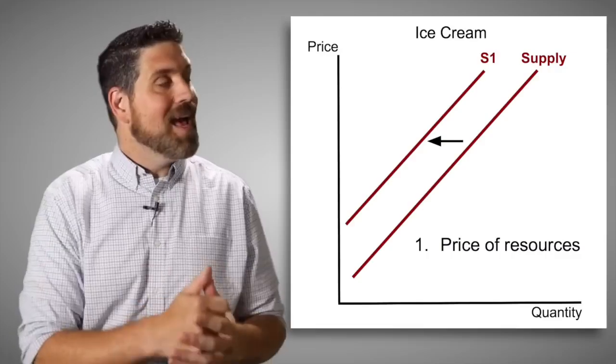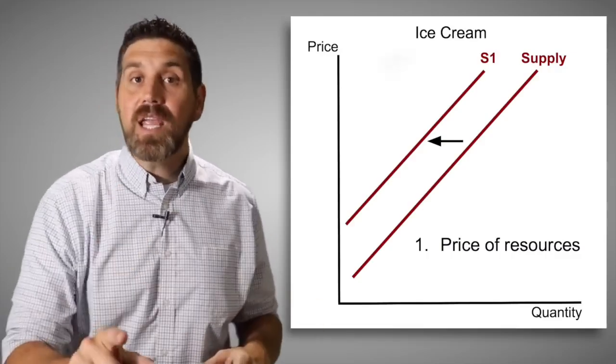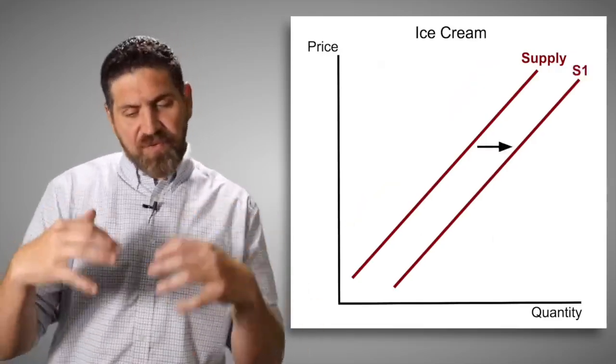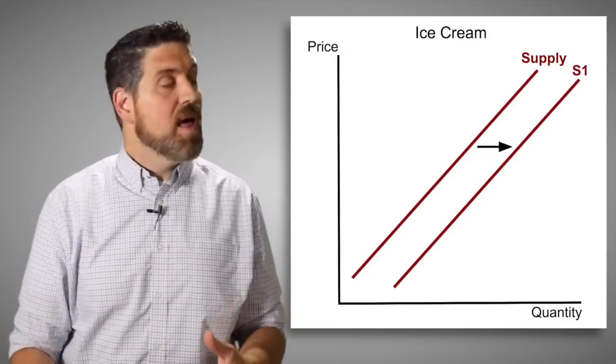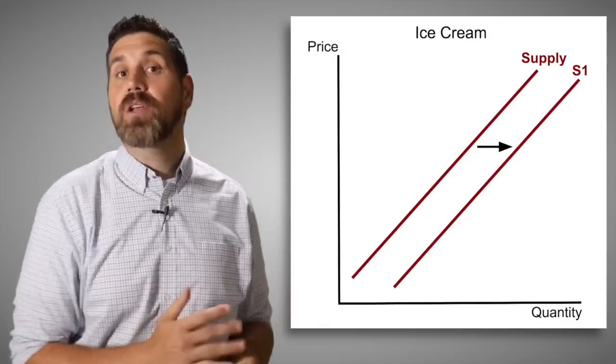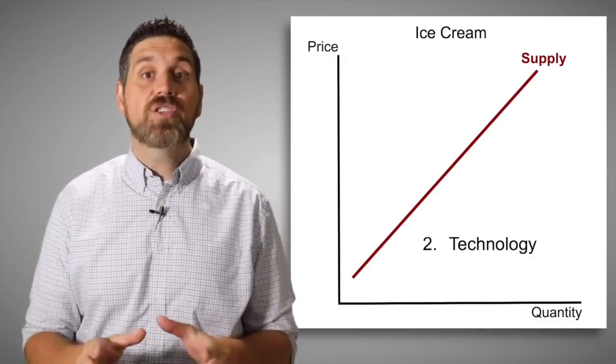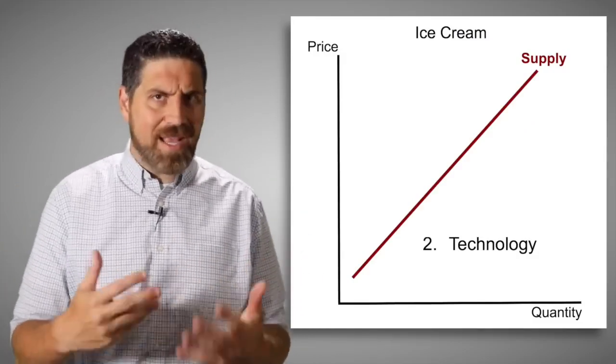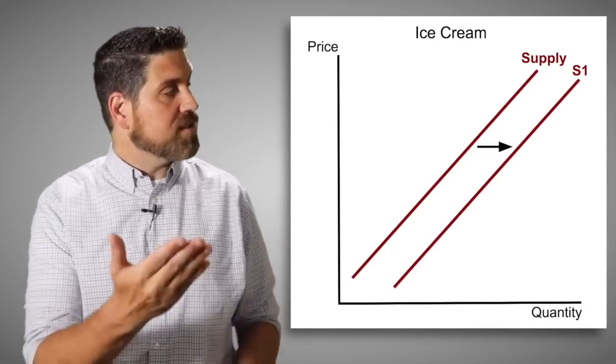So just like demand, an increase is to the right, a decrease is left. Now if the price were to fall for some resource of producing ice cream, then the supply would shift to the right and that would be an increase. The second shifter of supply is a change in technology. So if there's a new machine that produces ice cream faster and cheaper, that would cause the supply curve to